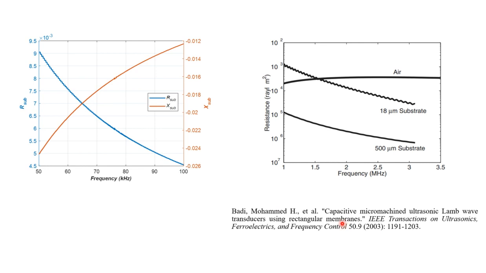in CMUT-based Lamb wave devices, because CMUTs couple elastic waves into the substrate. If you go into this text, I think I've already talked about this in my previous videos. If you just go and have a look at this reference, you will see that they have derived very similar radiation resistances. This is the resistance, the real part of the substrate, and they have a very thin backing,